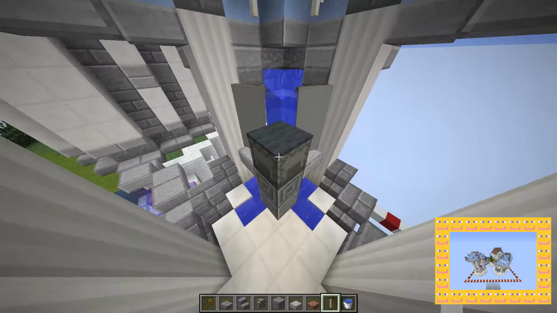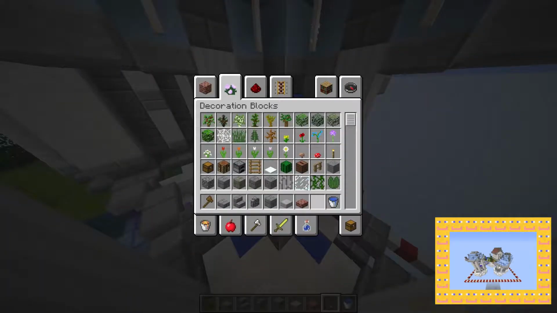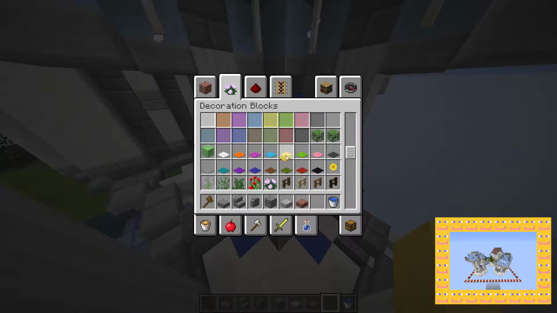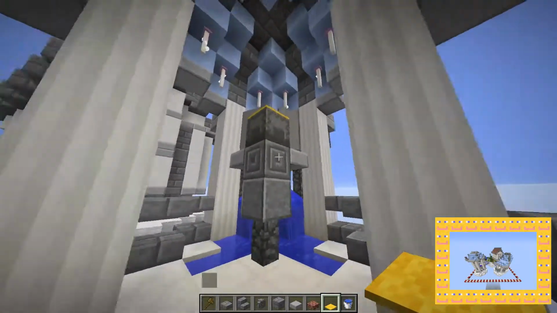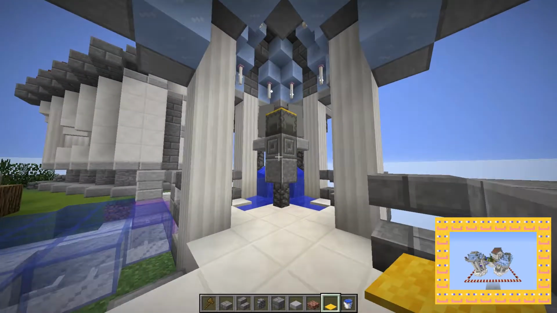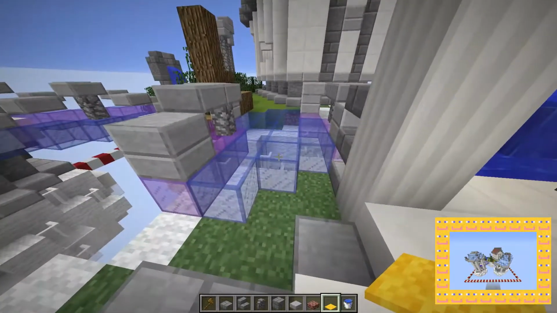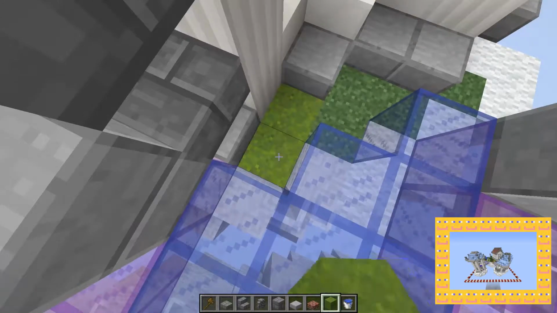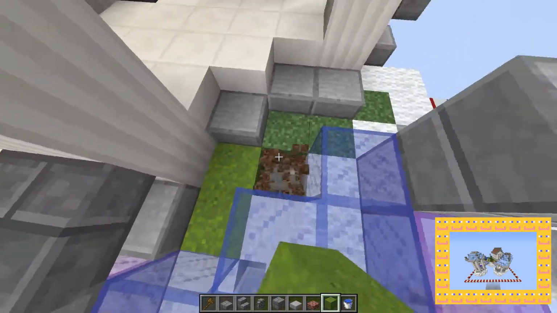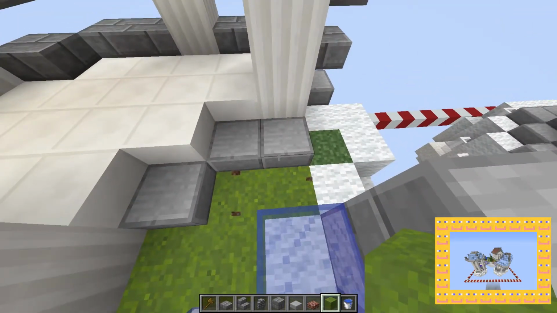Actually, it's an angel statue, right? So why not have a little bit of a yellow carpet on top instead? Like it's a bit of a halo. Alright. So, almost done. We're going to have to put some finishing touches on the build, so let's do some